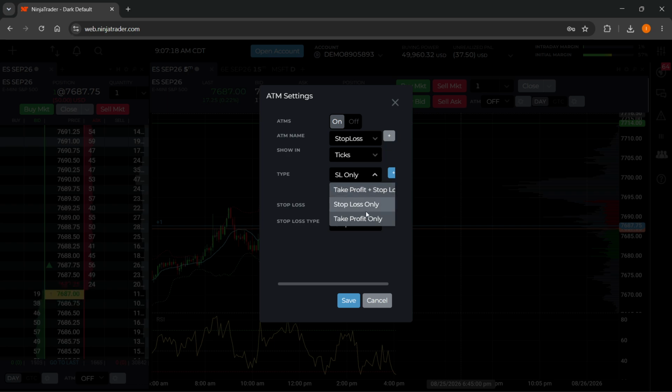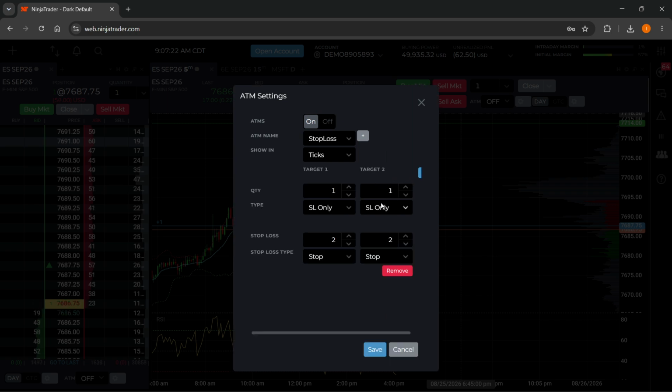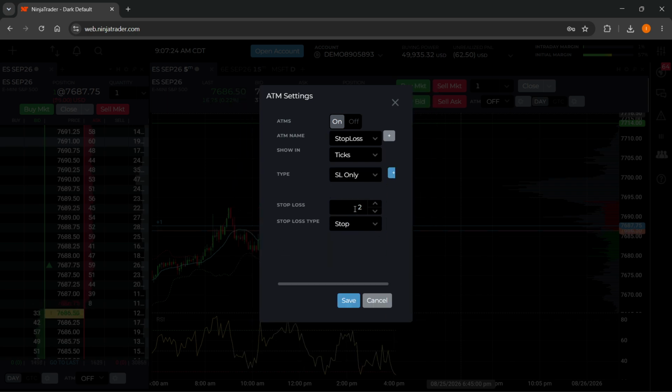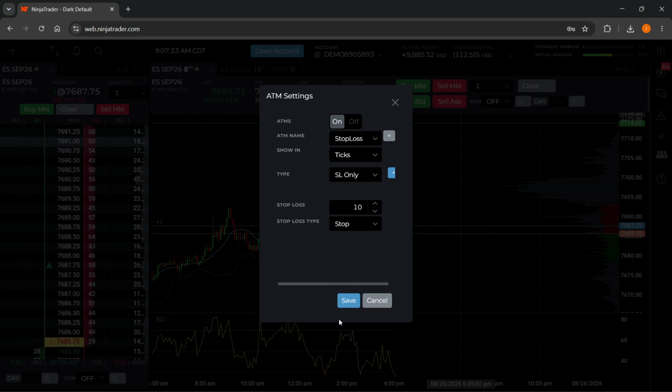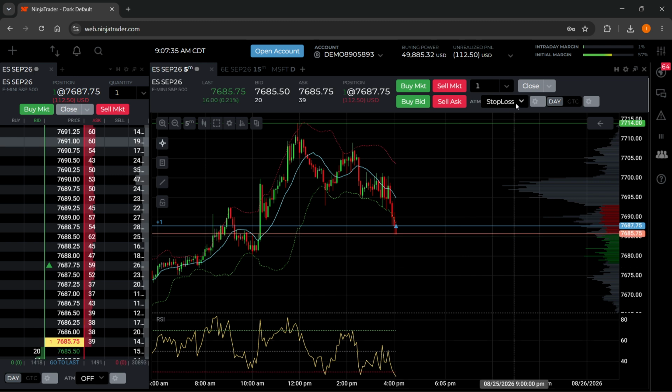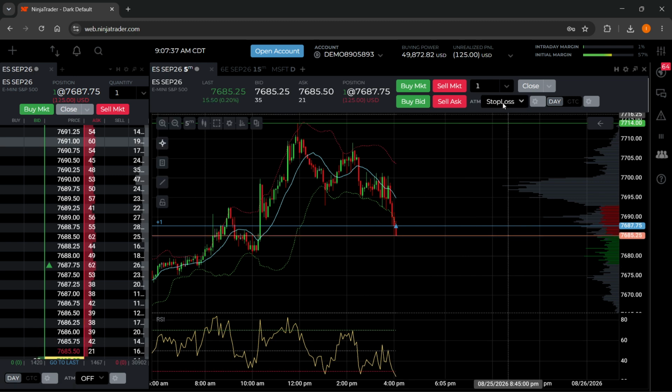You could do take profit as well, or take profit only, up to you. And of course you could also do multiple if you want to, but for now I'm just going to have one. So stop loss only, then you want to put your stop loss in ticks. Let's do 10, and then stop loss type, I'm just going to keep it at stop. Then hit the save button, and as you can see here, ATM now says stop loss because I added this